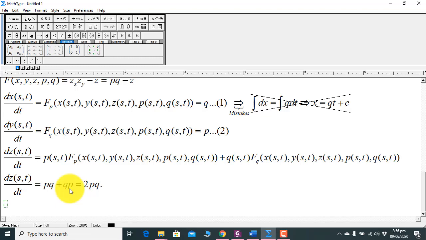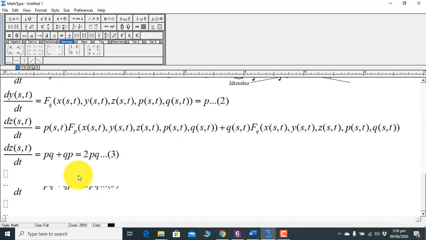Again, just think by yourself. Can you solve equation 3 easily? No, because you don't know p and you don't know q. I'm stressing again and again, you have to solve simultaneously all 5 equations. It is possible you can solve one of them easily, or you cannot solve any of them easily. And sometimes you have to make adjustments or algebra so that you can solve any 2 equations collectively, or 3, or what can be the form of the equation. So up till now you cannot solve easily.